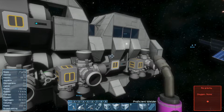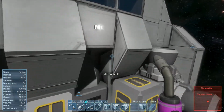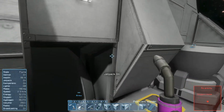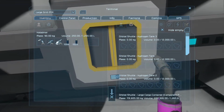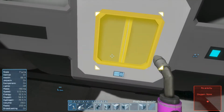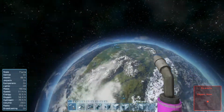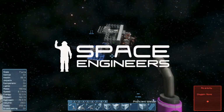Oh, this is going to be a long trip back. Actually, how much hydrogen do we have in these tanks? Whoa, that's not good. Oh, yes. Oh, we're almost 50%. That's not too bad. We should have enough to get back safely. I mean, we really are just throwing ourselves at the planet, so...